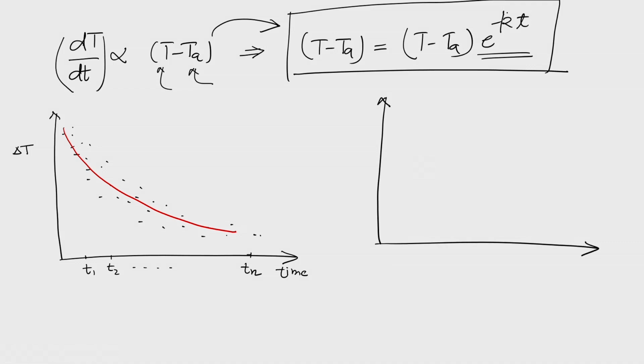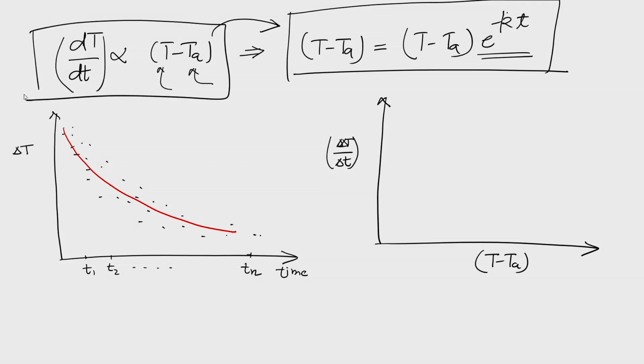If I draw the curve between t minus ta on the x-axis and delta t by d delta t, I got the data something like this. This was the data, and if I fit a curve, then it should be a straight line. And again the principle is the same, that the curve should pass through the maximum number of points, or the deviation of the points from the curve should be minimum.